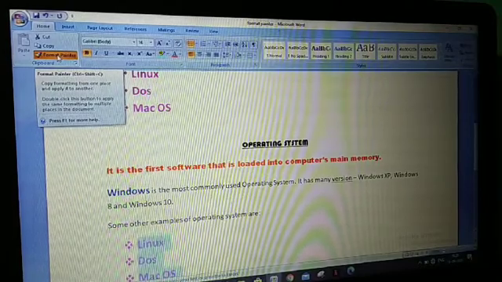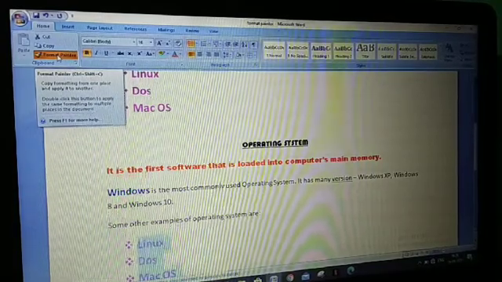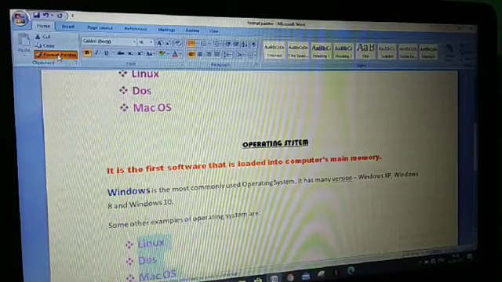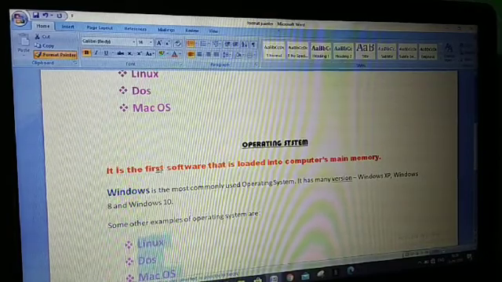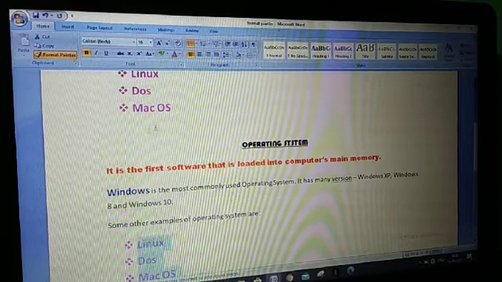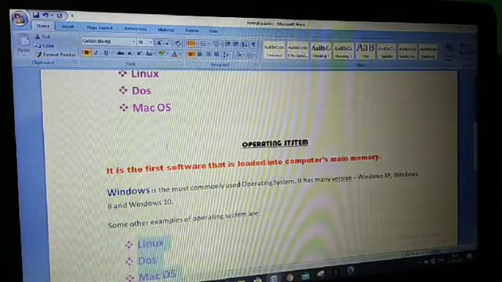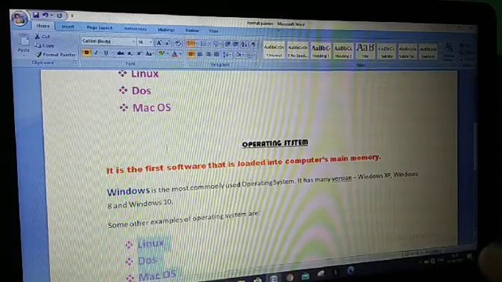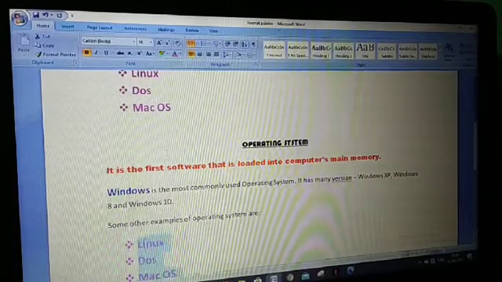Next topic is to create superscript and subscript. Superscript is a special text, which we show in our text differently.